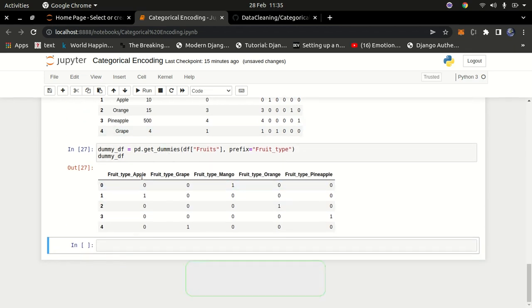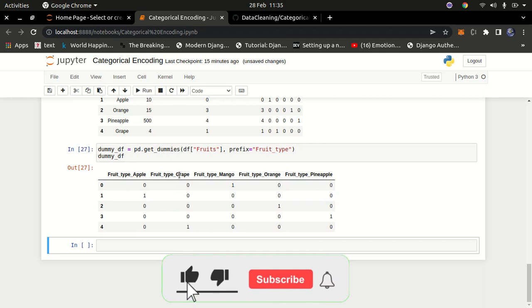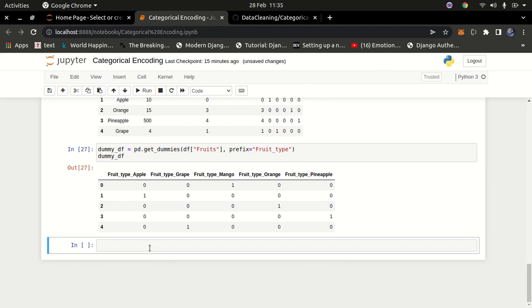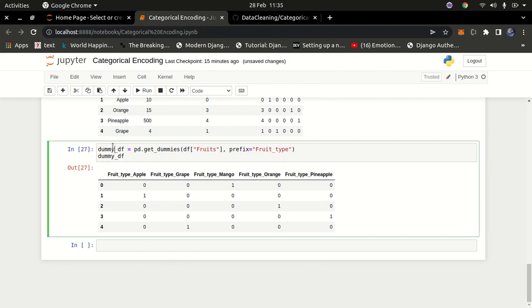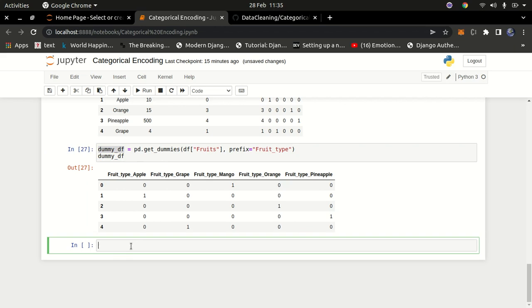So you can see fruit type underscore, the first one is apple, and then oranges, and then stuff like that. So all these have been encoded, and to demonstrate this and show how the encoding works, I'm going to copy this and change its style. I'm going to paste it here and say style.apply, and I'm going to apply